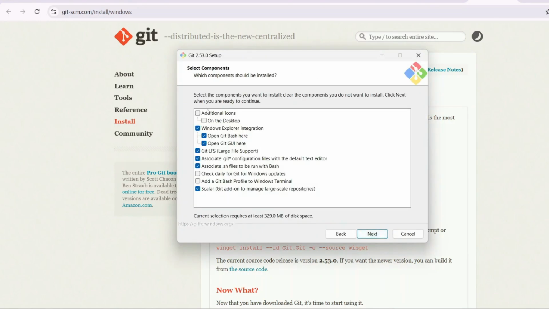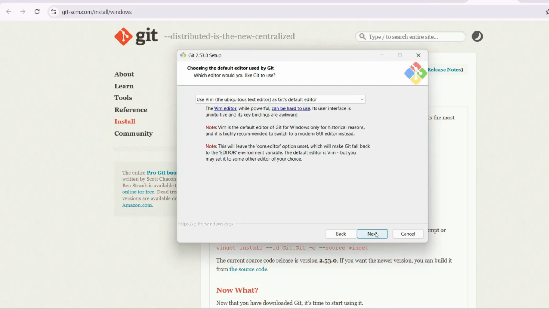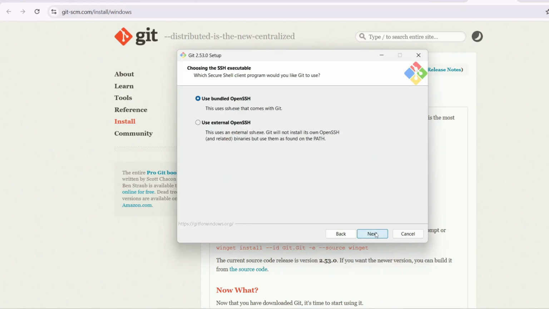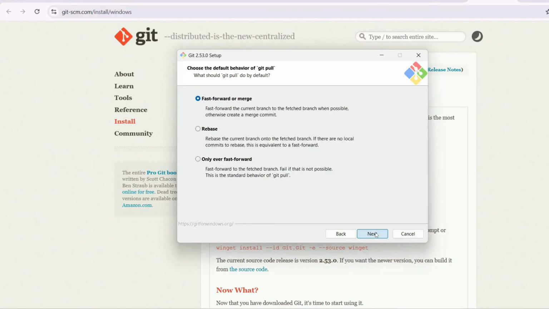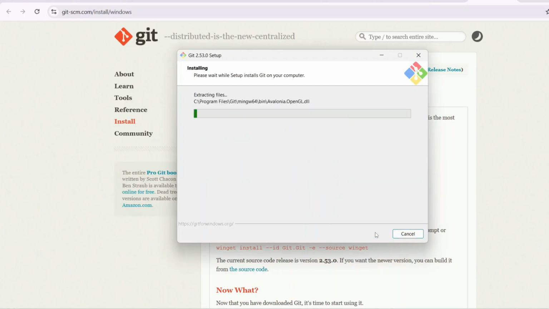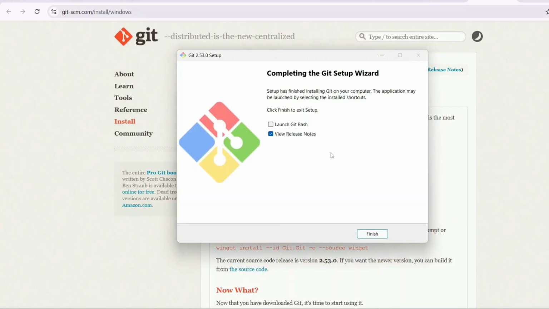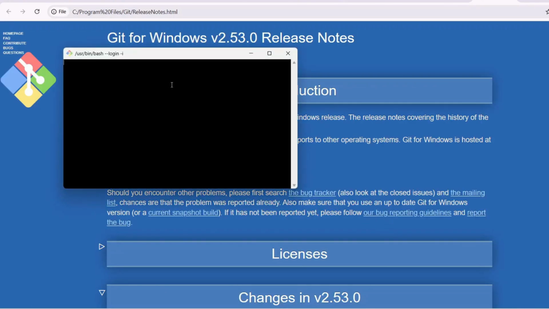Just click Next again, review the options, and keep hitting Next through the prompts. Leave everything at its default value and click Install. Perfect, Git is now successfully installed on your machine. Check the box to launch Git Bash and click Finish. Once the Git Bash window opens up, you can go ahead and close it along with any release notes tabs